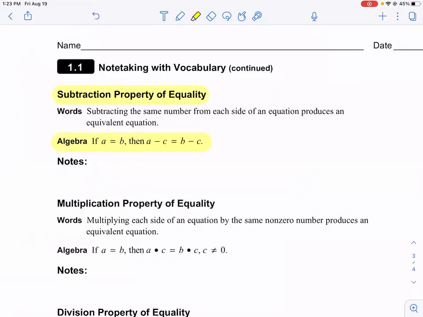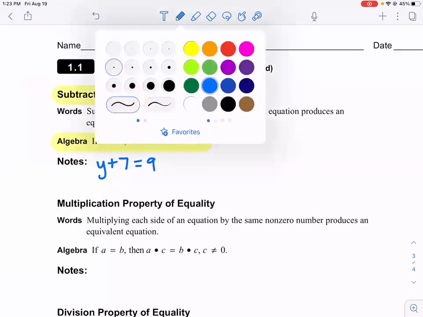So let me give you an example. Y plus 7 equals 9. Our variable is Y. I want to know what Y is, okay? Some of you know without showing any work. I get it, okay? But what is happening